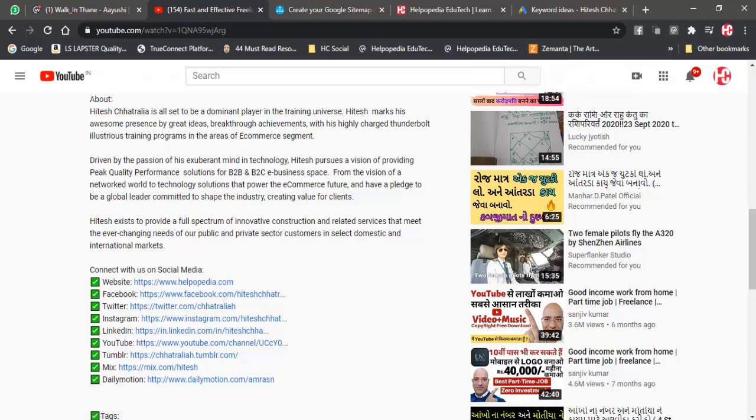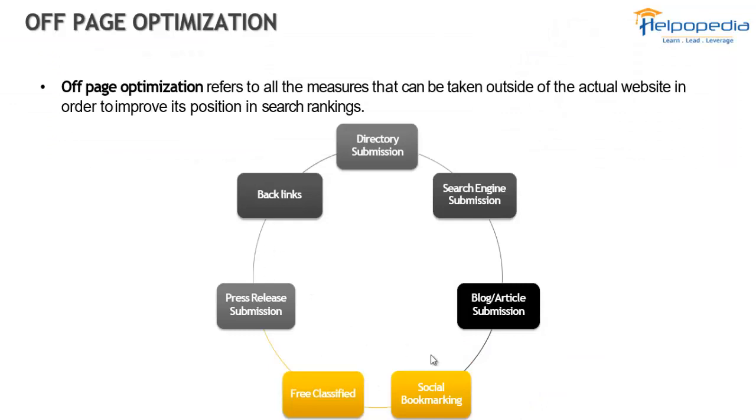Now why is link building so important? Why do we need to use all these places and provide my links to all of them? Because if more people are talking about us, everybody will think that so many people are talking about this website, or about anything, so it must be really good or very important.